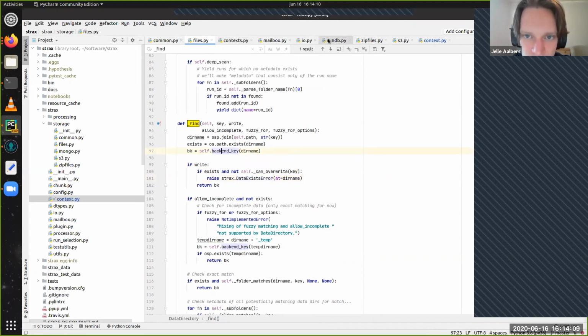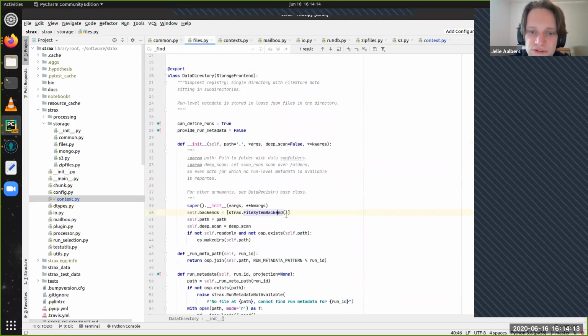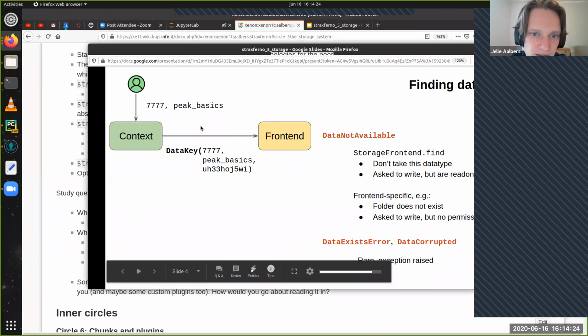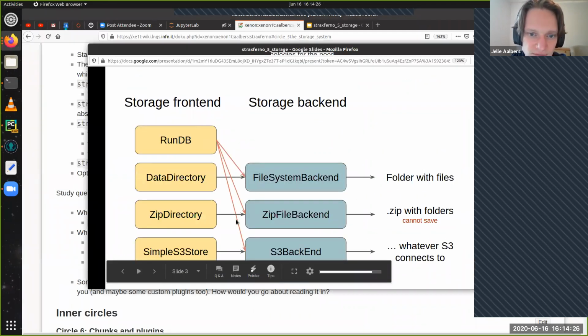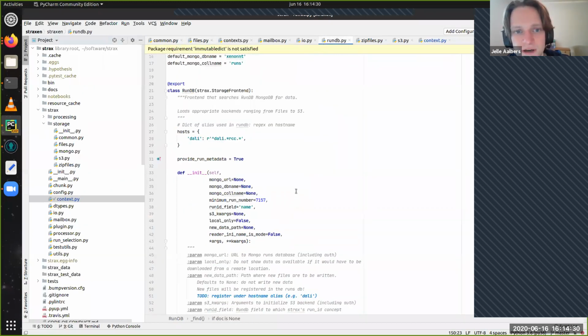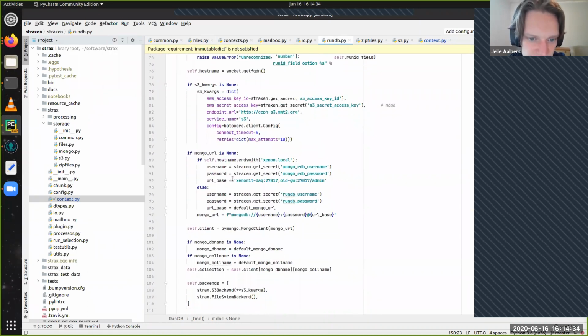I was thinking of the RunDB frontend because this frontend only has one backend. It's just a directory with data. So why would you ever need more than one backend? In the RunDB, that frontend has multiple backends, right? If you look at our little graph, that can go to more than one thing. So then I would go to the RunDB, which wasn't part of the reading. So I'll just mention it briefly.